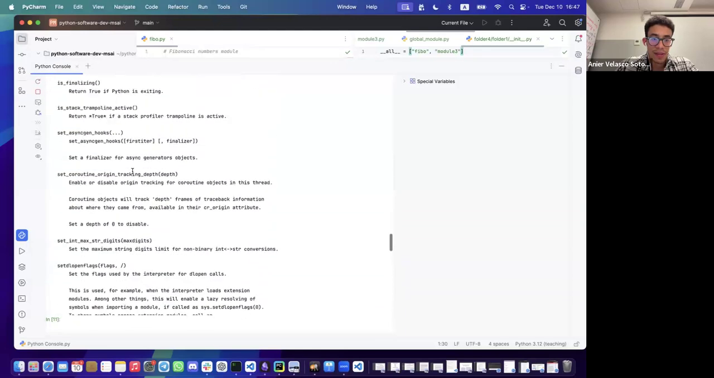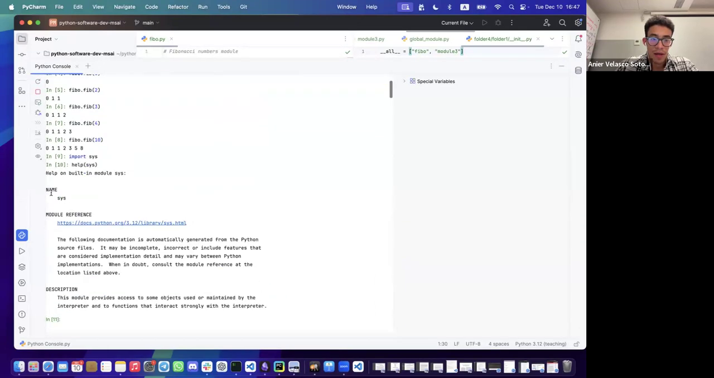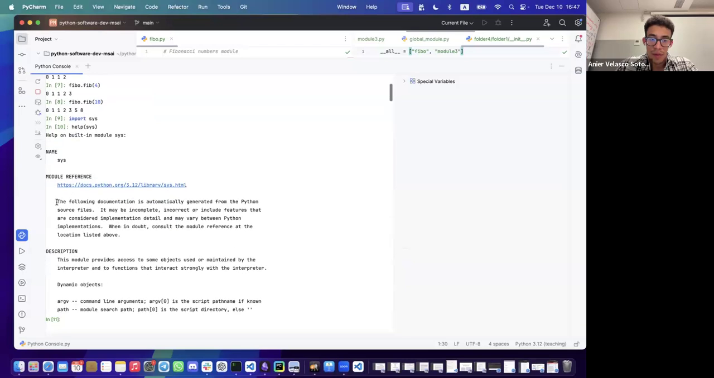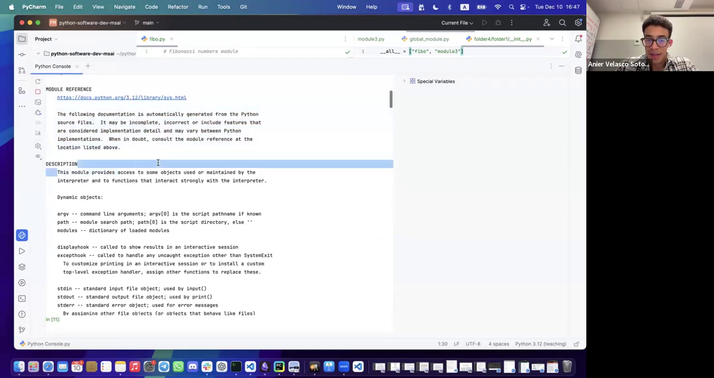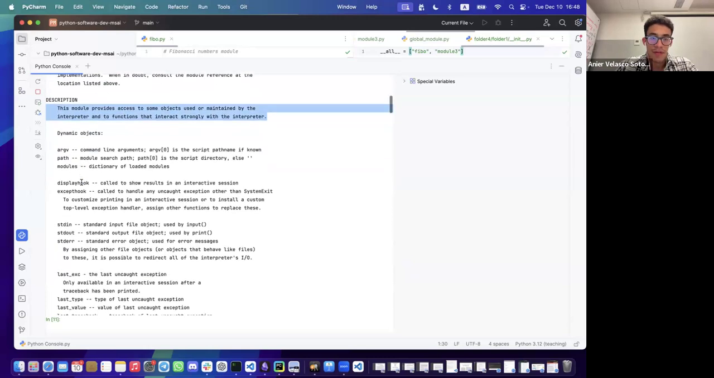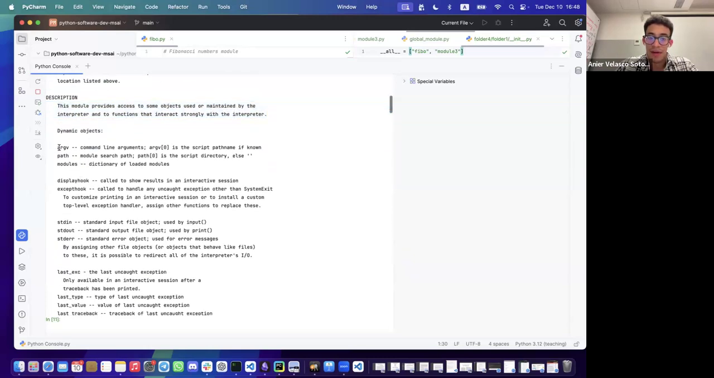and I will import sys, and I will first take a look at help of sys, and this is what we got. Sys, the following documentation is automatic. Oh, okay, so this is generic. We don't need it. Here it is. This module provides access to some objects used or maintained by the interpreter and to functions that interact strongly with the interpreter. So we have some objects like argv, which contains all the arguments of the